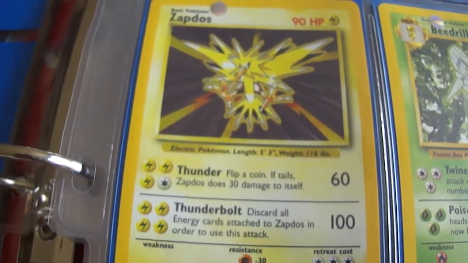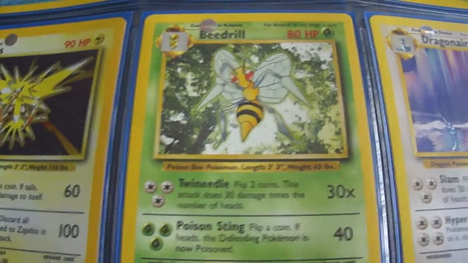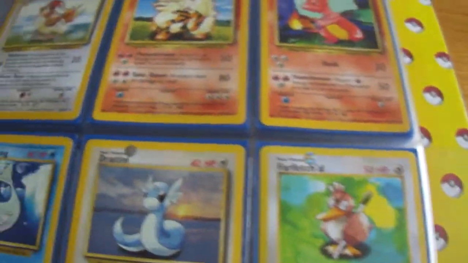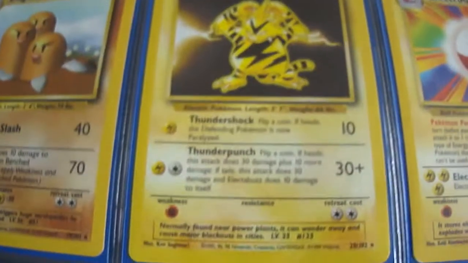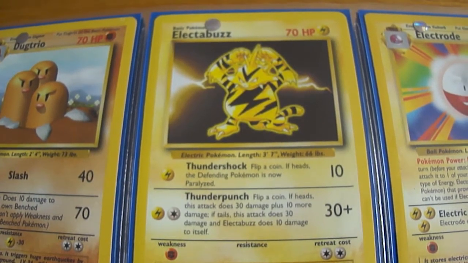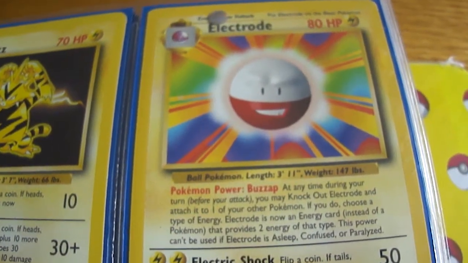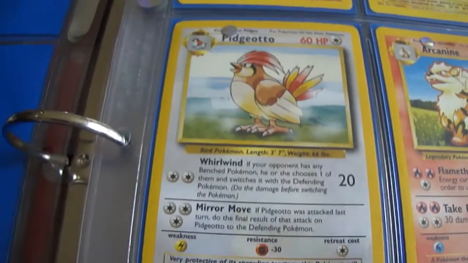Really nice legendary bird. So next we move on to the regular rares. We got Beedrill, Dragonair. It was interesting that this is a rare even though it's a stage 1. Then we got a Dugtrio, Electabuzz. I was really happy when they actually made this a holo in the Platinum set. I always thought this card should have been a holo. Then we got an Electrode. I always really like that artwork, all the colors, very cool. The upside down Pokeball. Then we got a Pidgeotto,